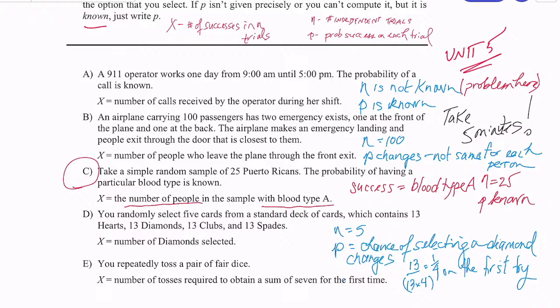So this is not a binomial random variable. The number of diamonds selected is not a binomial. This is actually an example of a hypergeometric random variable. And I give some examples of that. I'm not going to test you in the final or even on the coming test on the hypergeometric, but I want you to identify